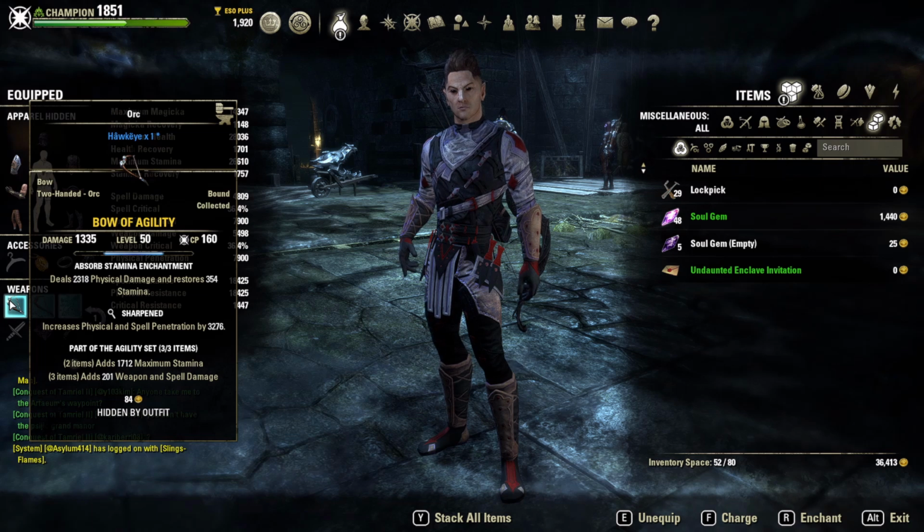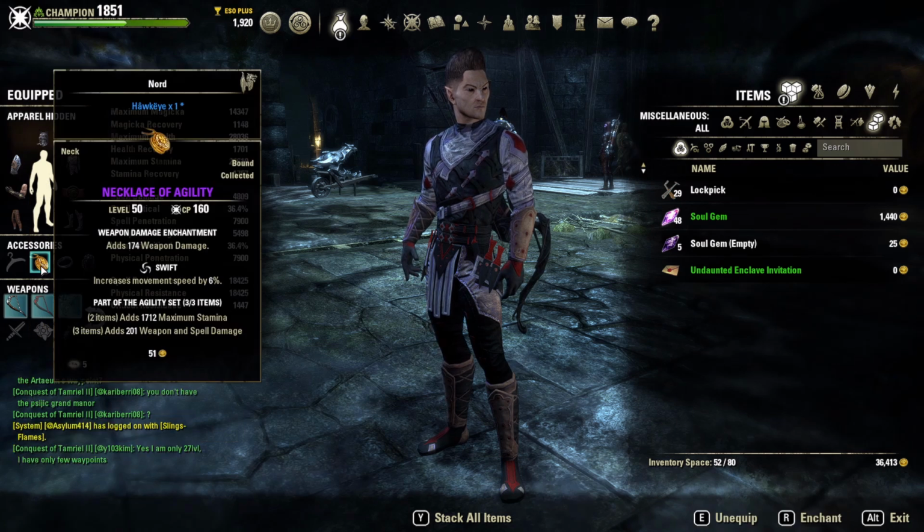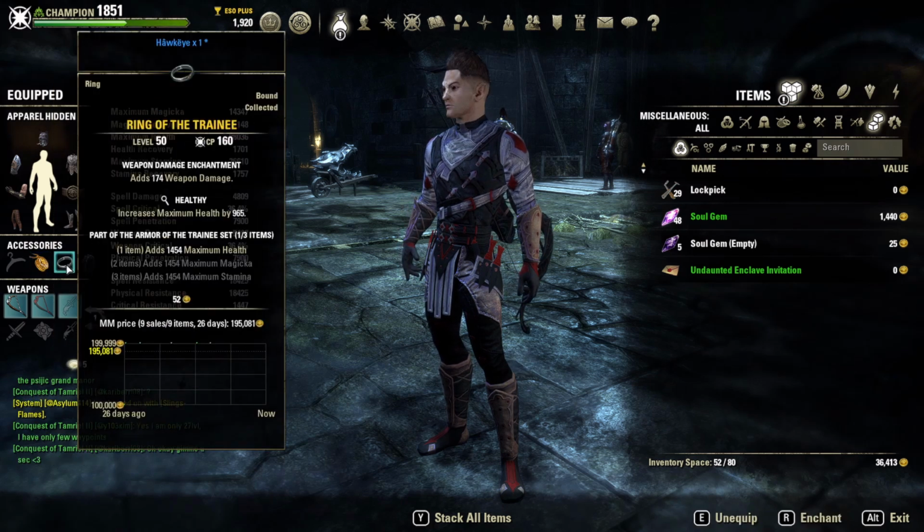Hasn't really been an issue, but if you want a little bit more pop, shock damage glyph might be the way to go. And we're running just this purple agility necklace with swift trait on it. And then I've got a 1-piece trainee for that extra health, and you can see this is in health E